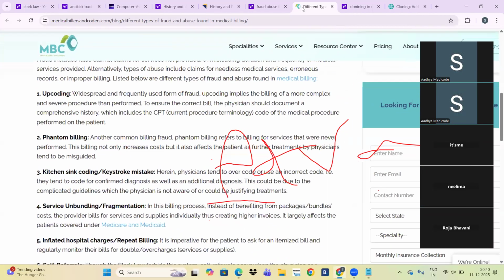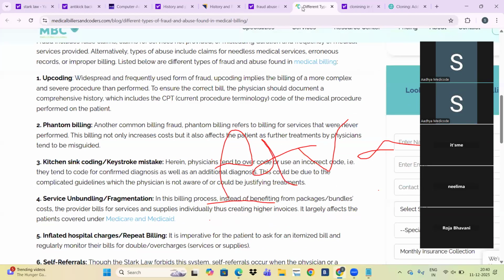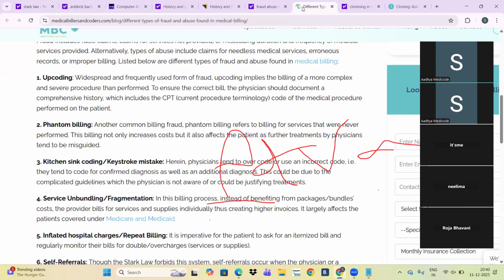So how will they do fraud in medical billing? They will do upcoding. If they did one level of service, they will bill a higher one. Suppose they did a level 3 service, but they bill at level 4, upcoding, or adding extra diagnoses.